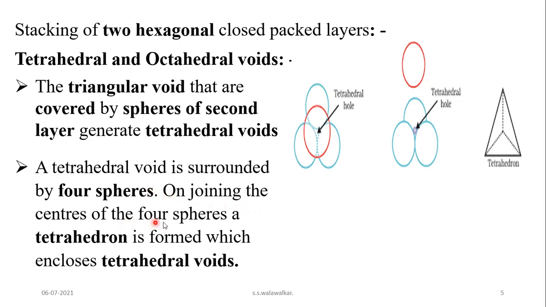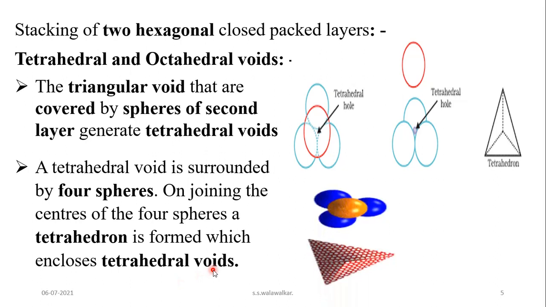By joining the centers of the 4 spheres, we get what? A tetrahedron, and that is called a tetrahedral void, like this. These blue color spheres are the spheres of the first layer, and this yellow color sphere is the sphere of the second layer, and it is placed in the triangular void produced by the 3 spheres of the first layer over this, and therefore the empty space between these 4 spheres is called a tetrahedral hole or tetrahedral